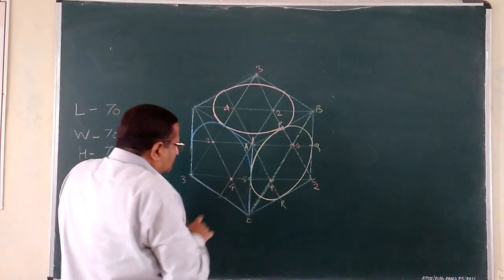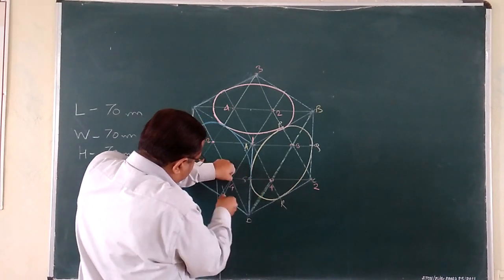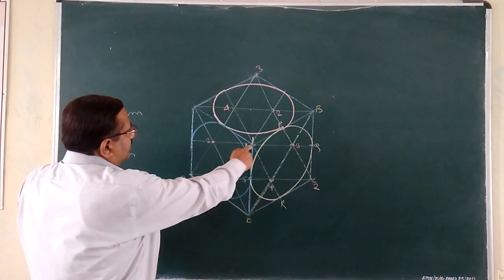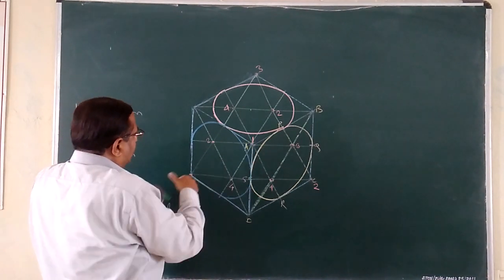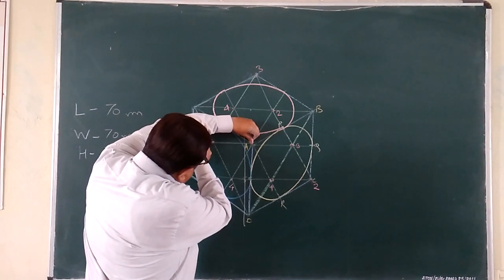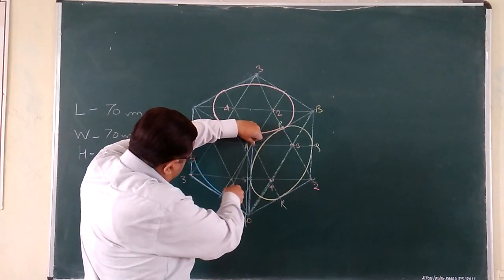Now next, use 4 as a center and get this much as a radius. Pick this much as a radius. And ultimately A, or 1, as a center and this much as a radius. Last curvature. Yes.